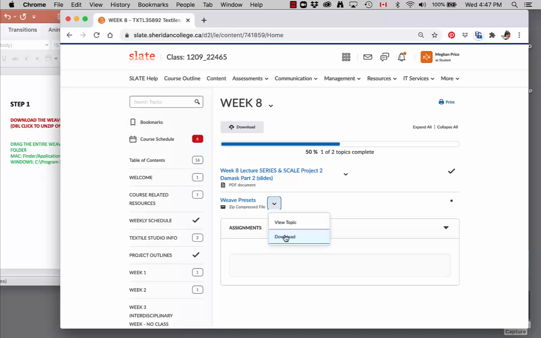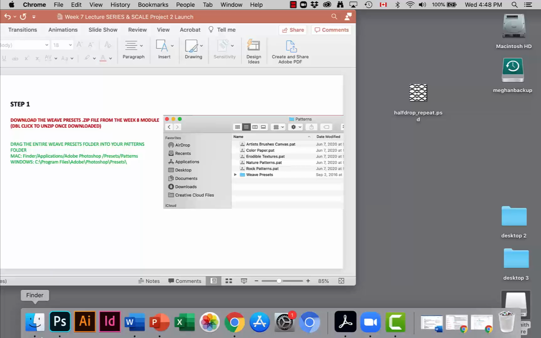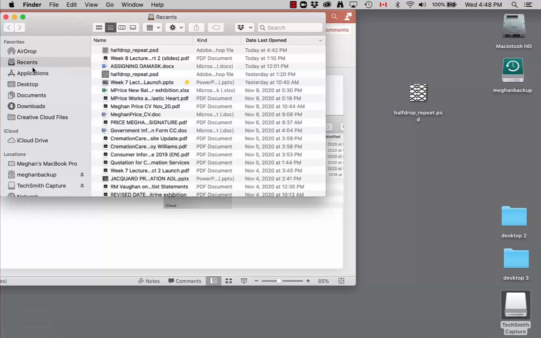So I'm going to show you where to put them so that when you're inside working in Photoshop, you can access them from your pattern presets. And if you look here, these are the locations, the location for Mac and the location for Windows on where to put that file, the Weave Presets file. So for Mac, you're going to go into your Finder down here, and then find Applications,